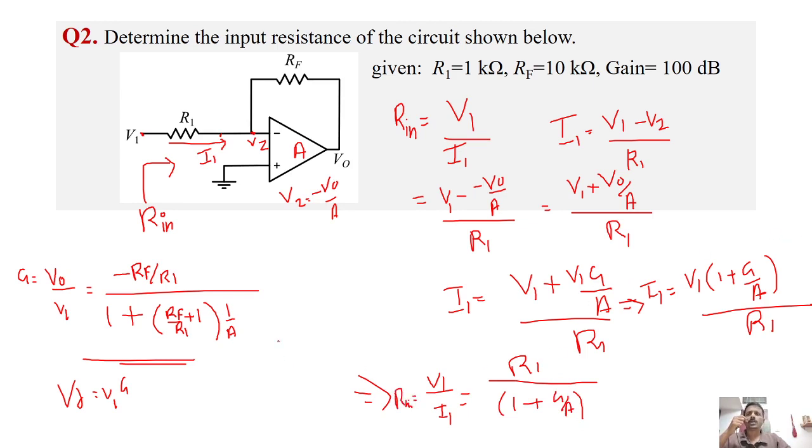So this will be the input resistance Rin equal to this one. Substituting the gain value, what will we get? R1 by 1 plus G by A, and the gain is minus